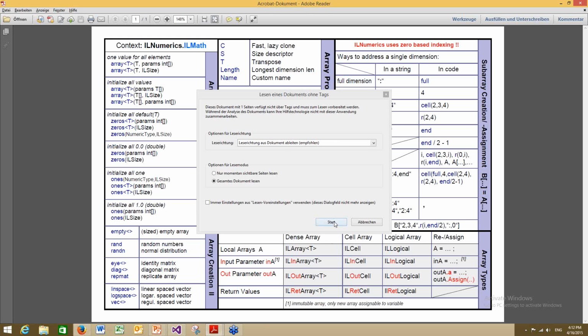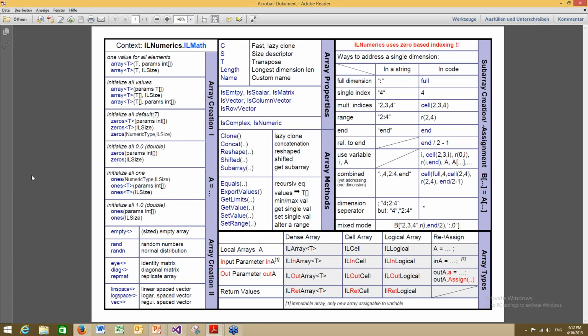So here is, for example, a PDF that gives you a number of different functions that are all centered around our array class. The array class is the core of our library, and it holds as many dimensions as you want. So it's not only vector or matrix, but you can go to 3, 4, 5, as many dimensions as you want. Okay. There's a number of creations. You can fill them with zeros or with ones if you want. Okay. You can fill them with random numbers, the identity, a diagonal matrix, linearly spaced, logarithmically spaced, just an empty